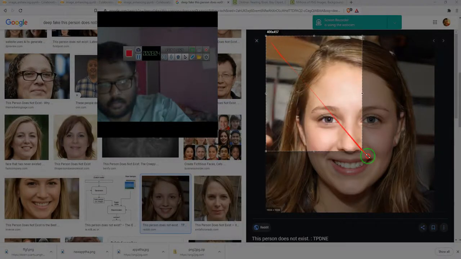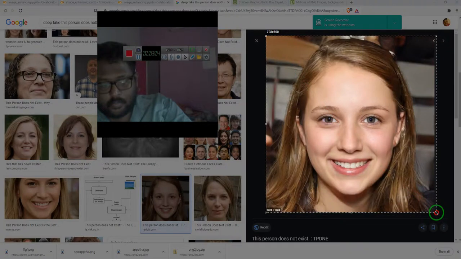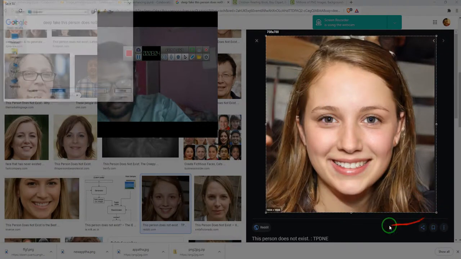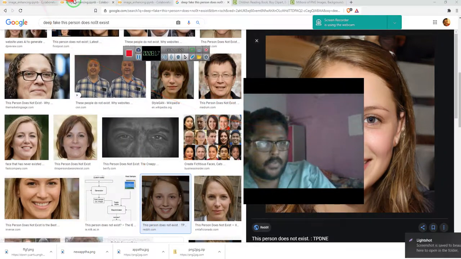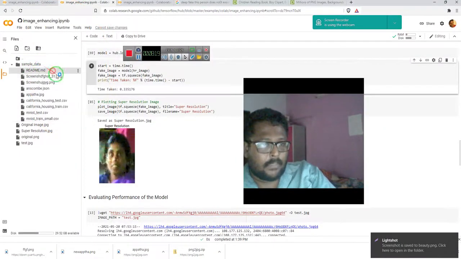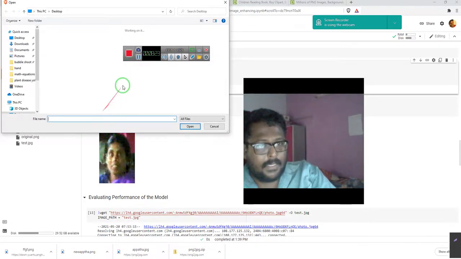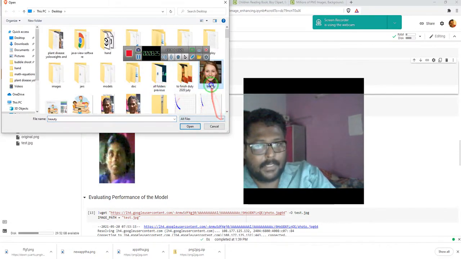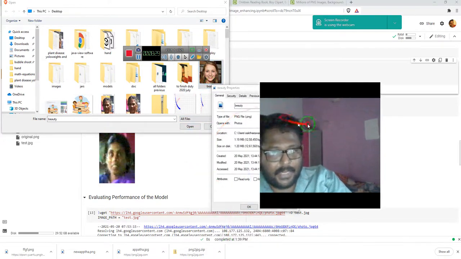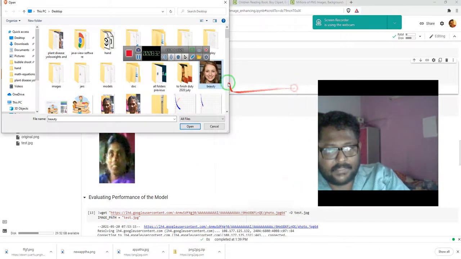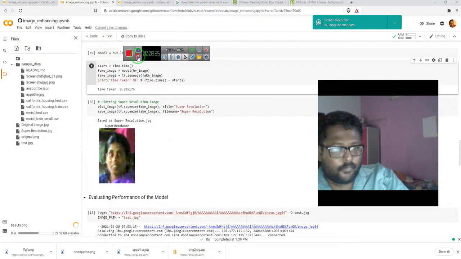So let's make a very high resolution image and benchmark our code and our graphic card. Let's go here. Beauty. Now you just go here and upload it, and beauty should be there. Let's see her memory, because I have just screenshotted it. It should be high. 1.19 memory, that's great.